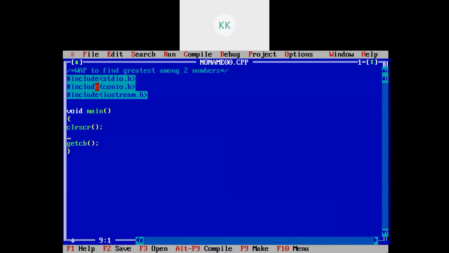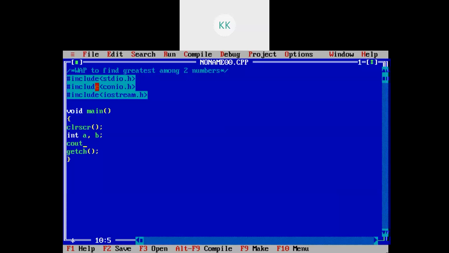Now since we need to find the greatest among two numbers, we need to define two variables. So I am defining int a, b. Two variables I have defined. After defining these two variables, we need to take input.